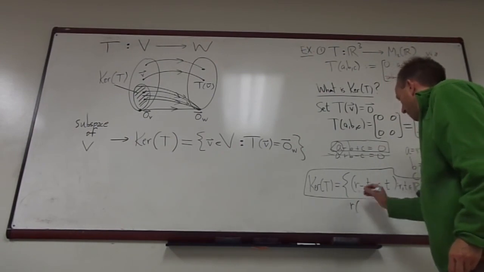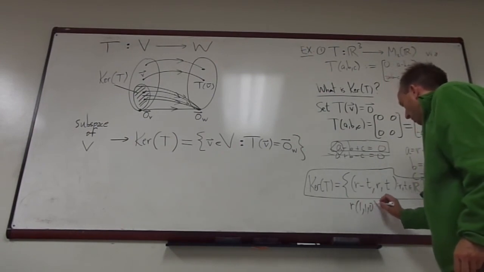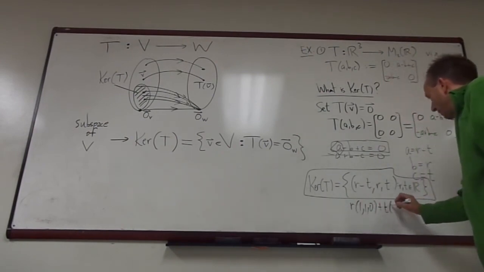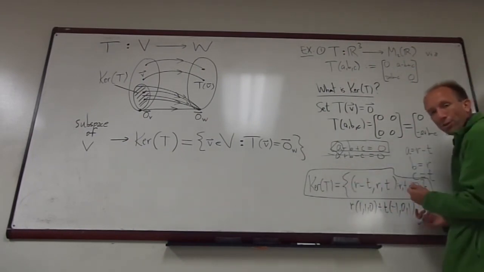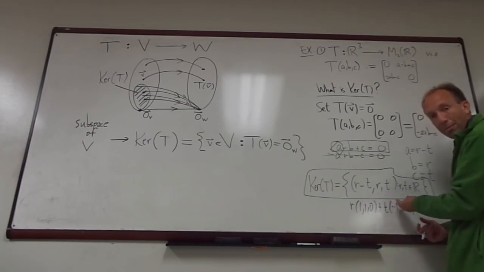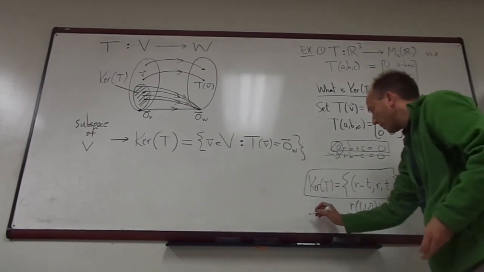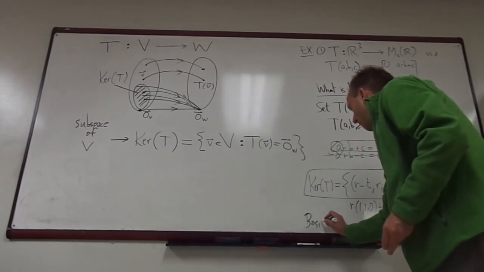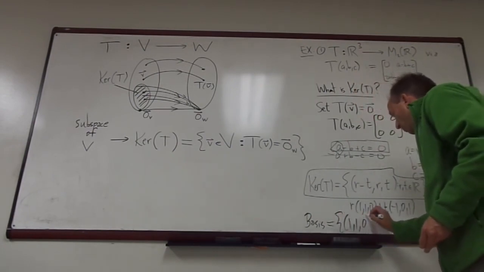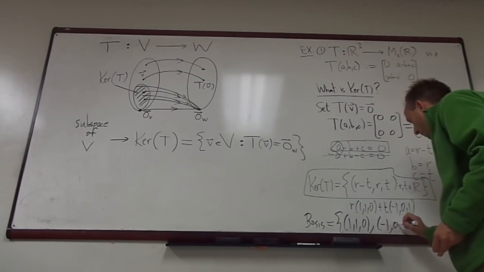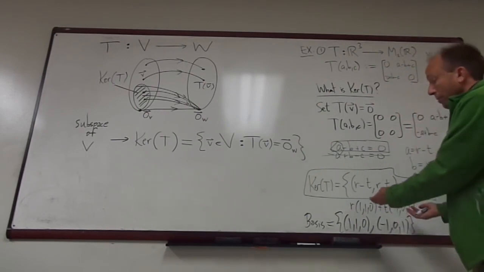If you bust out the r, you'll get 1, 1, 0. And if you bust out the t, you'll get negative 1, 0, 1. So everything in the kernel of T is basically a linear combination of these two vectors. And so we can not only find the kernel of T, we can find a basis for it relatively easily here. And then the dimension,